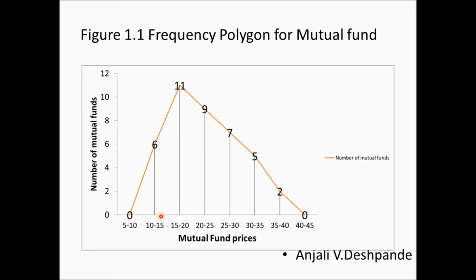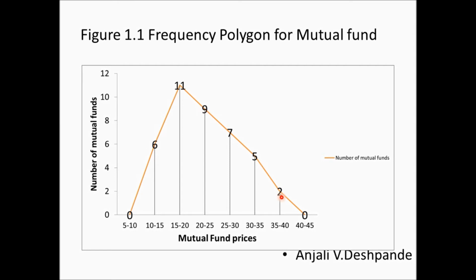See, 10 to 15 was one bar in the histogram. So you can just rewind the video and you can see the histogram. So midpoint was here for 10 to 15, and this point of course is the frequency. Likewise we have the midpoint of 15 to 20, and this is the corresponding frequency. So what you have to do is connect all these with straight lines.